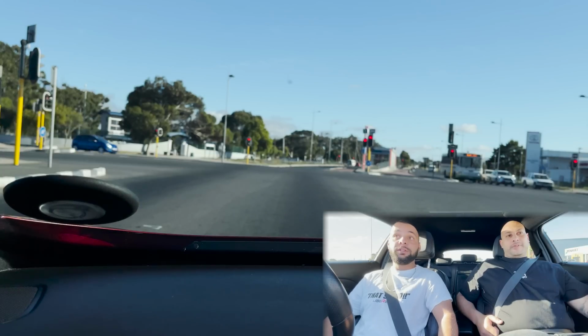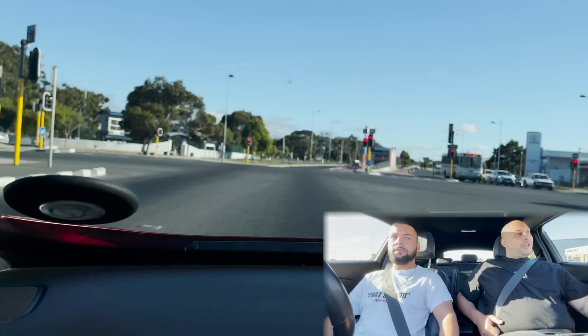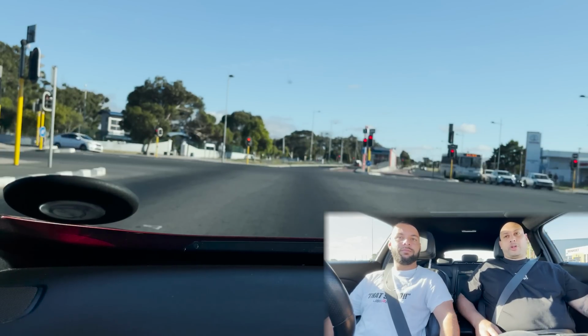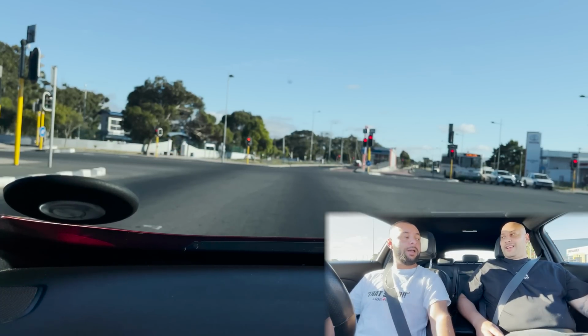And it drives so nice. Actually, very original. I think it's gonna sound so contradictory, but the best part of this car, even after all the mods, is when I drive to work and I just want to take it easy, and it feels like stock. It does. But when you freaking hit...